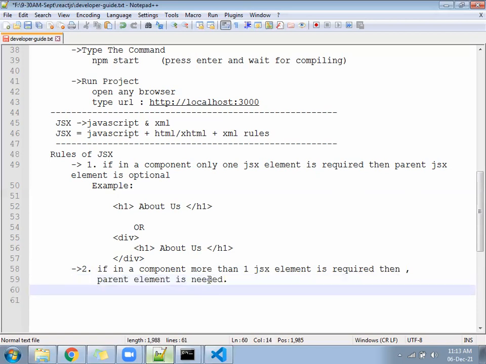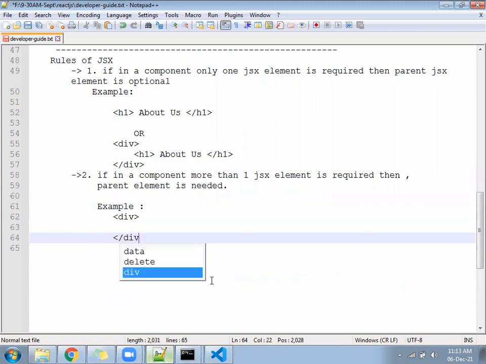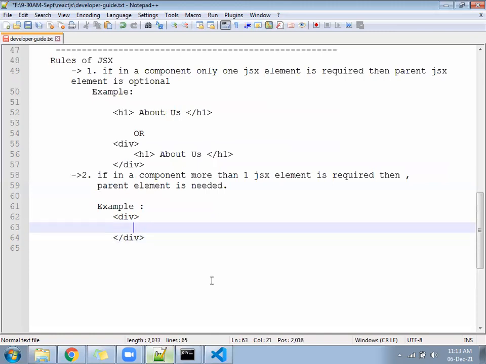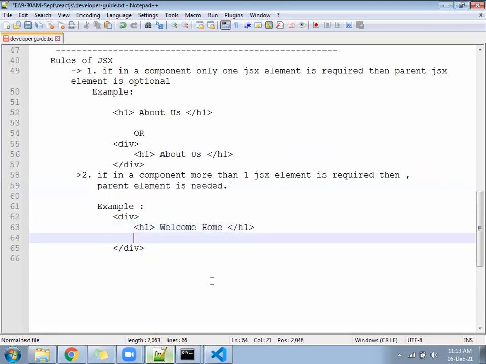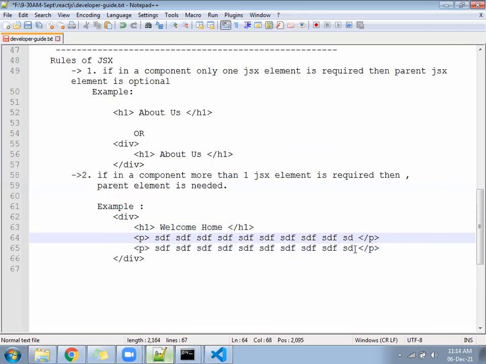Example: suppose you have a div, and inside the div you have an H1 welcome home, and paragraphs where you wrote something, again something, and again something.